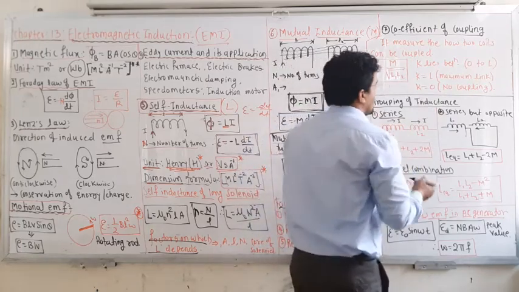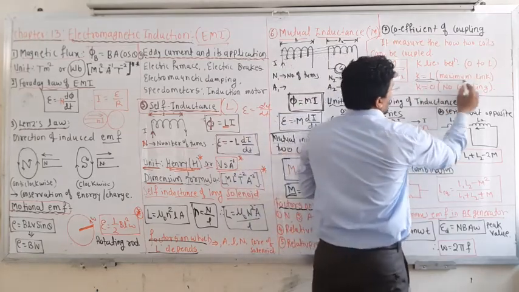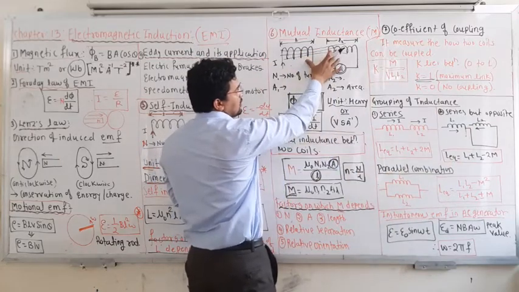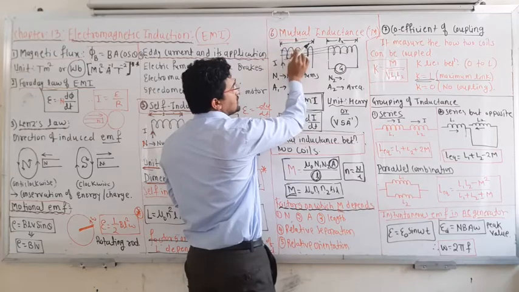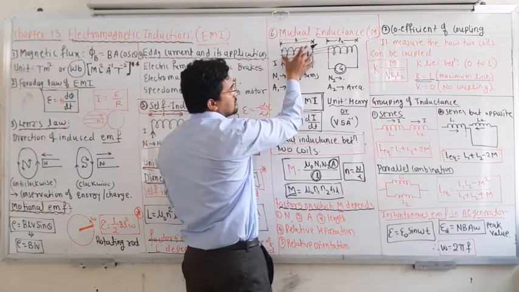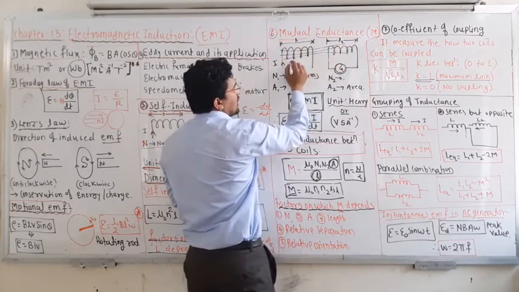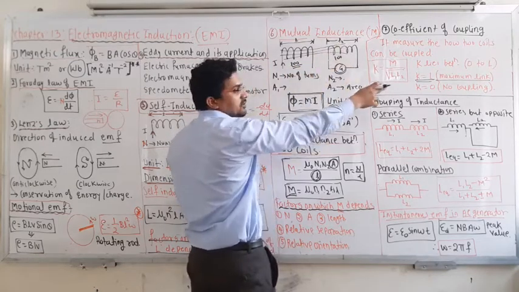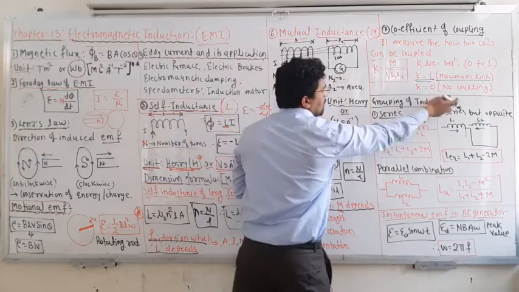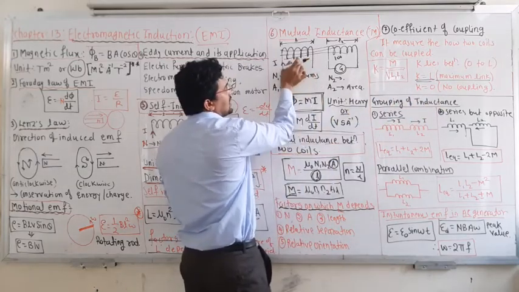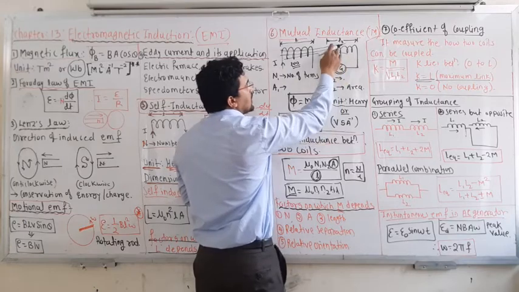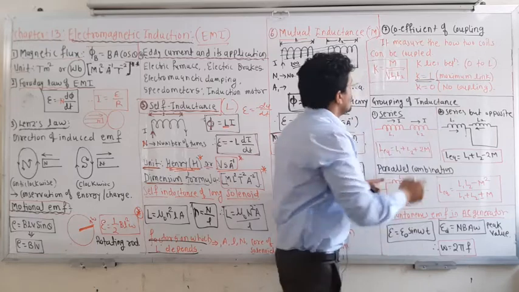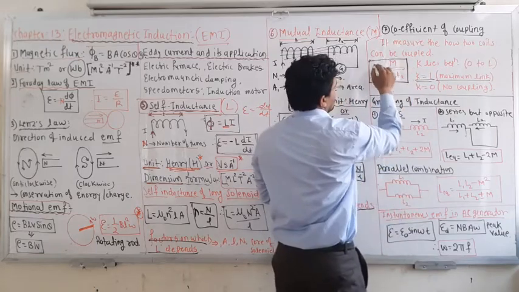It is a unitless quantity. Now if K is 1, maximum is linking. That means if for this combination K is 1, whatever the magnetic flux is produced by this coil, the total is linking. That means if 100 magnetic field lines are created, 100 out of 100 are linking, then K will be 1. And if K is 0, no coupling is there. That means 100 magnetic field lines are created but not a single magnetic field line is linking with this coil, at that time K becomes 0.